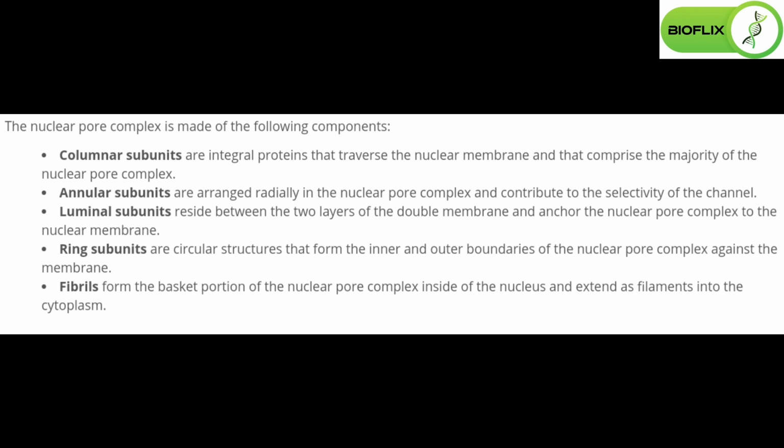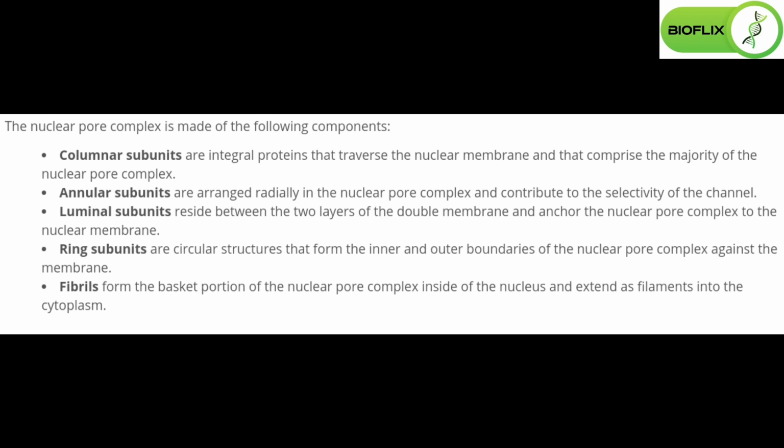Columnar subunits are integral proteins that traverse the nuclear membrane and that comprise the majority of the nuclear pore complex. Annular subunits are arranged radially in the nuclear pore complex and contribute to the selectivity of the channel. Luminal subunits reside between the two layers of the double membrane and anchor the nuclear pore complex to the nuclear